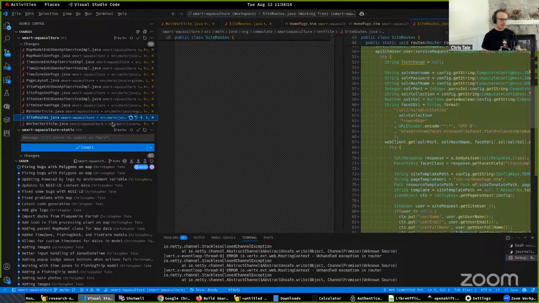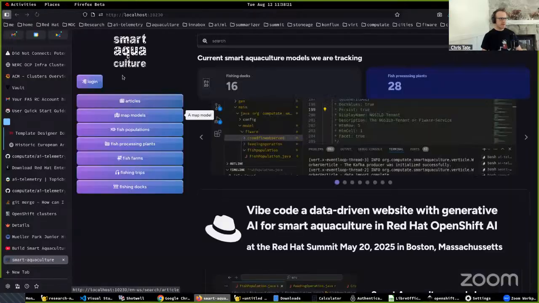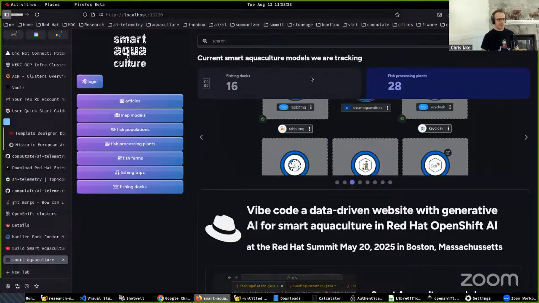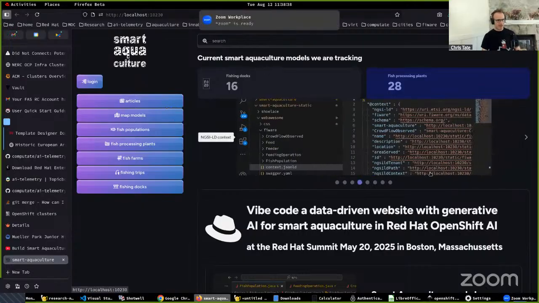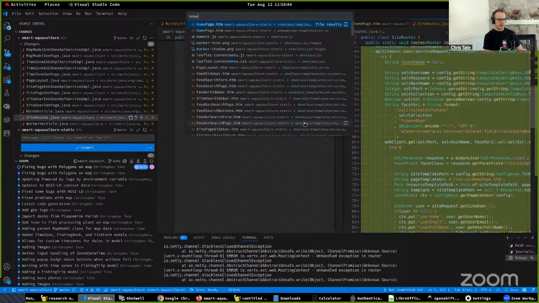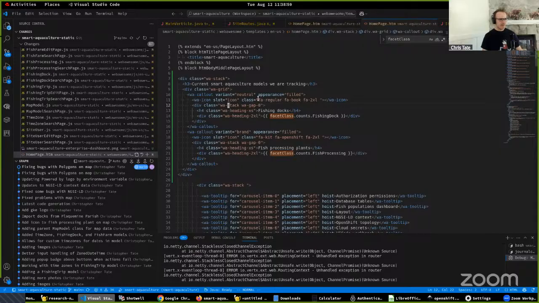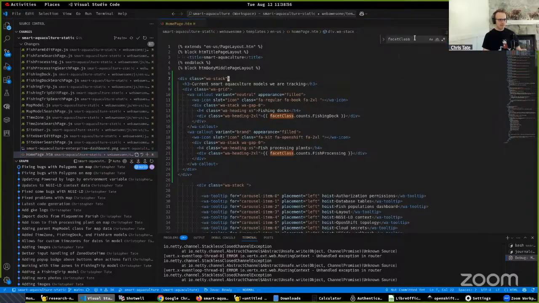information. So I'm running this site right now, and if I go to localhost:10230, which is where I'm running smart aquaculture for local development, it shows that we're tracking 16 fishing docks and 28 fish processing plants. I think I just need to fix this icon before I push this up because the icons are a little messed up. So let me double check that in the code. If we go to homepage.htm, the WebAssembly template, we have an icon here, but I'm going to close other files and open up